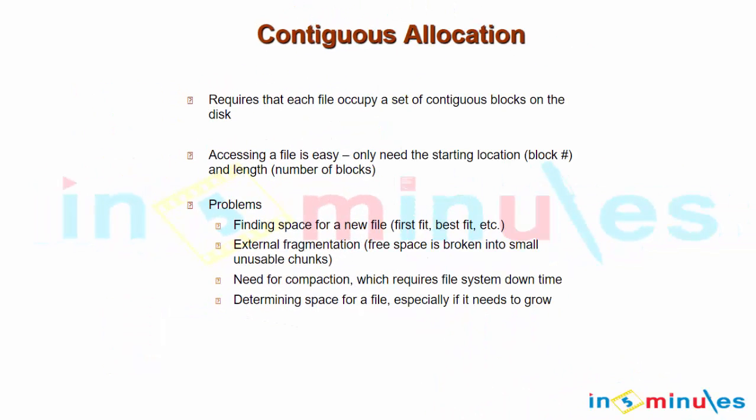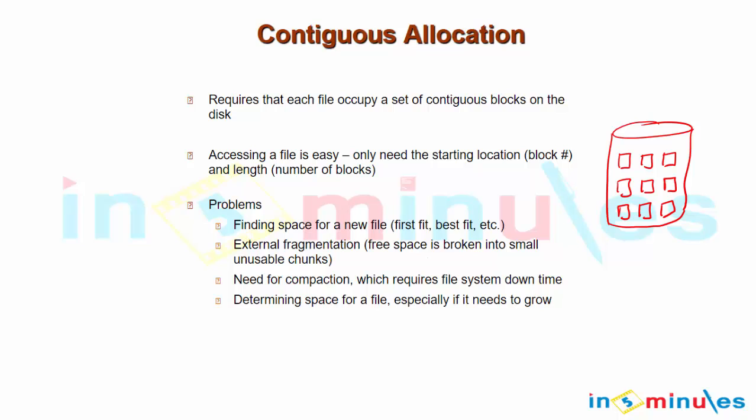The first one, contiguous allocation. What exactly is contiguous allocation? In this, whenever you talk about any file, it would be stored continuously once you start. That means, given a file and the blocks, if you intend to store any file from a particular point, n number of blocks would be allotted to that file.